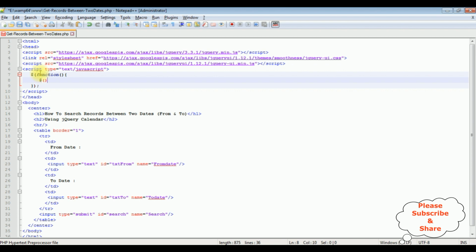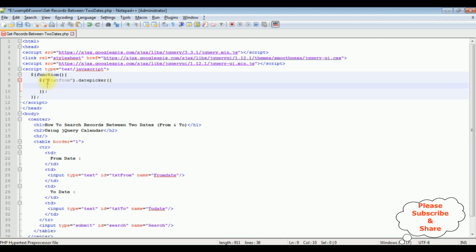So dollar here, between double quotes I'm adding the text box control, which is the from date, text from, and we are adding the IDs of the control. We must put the prefix hash, dot datepicker. I'm adding the attributes of the date picker. The first one is the date format: colon, between single quotes, yy/mm/dd,